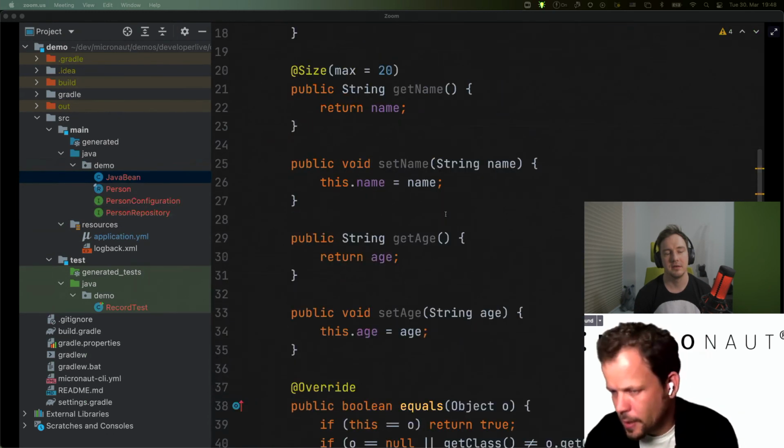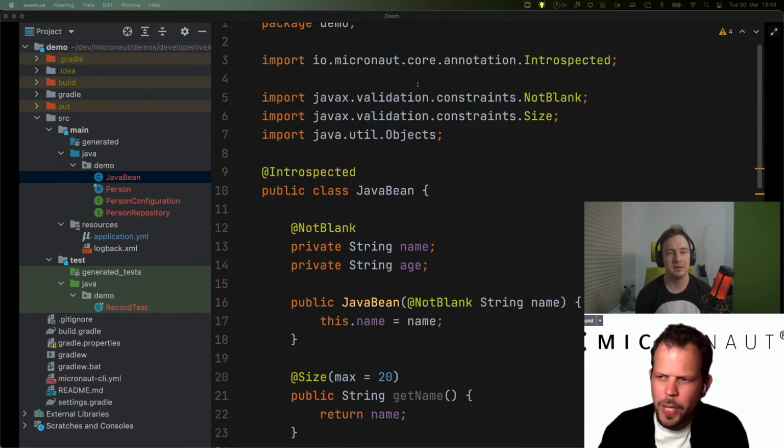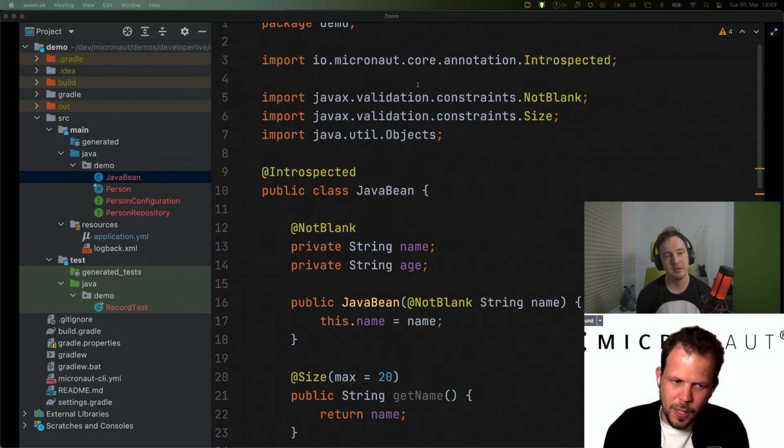And to be fair to Lombok, I think its use amongst certain developers is justified because we didn't have records until recently. But it's more of a pain for other implementers of annotation processors, and I am an implementer of an annotation processor in Micronaut. Because of the way Lombok works, the way it mutates the Java AST using unsupported APIs that are not public,